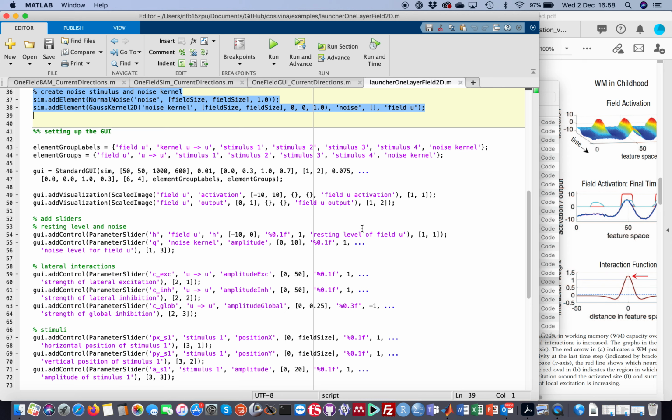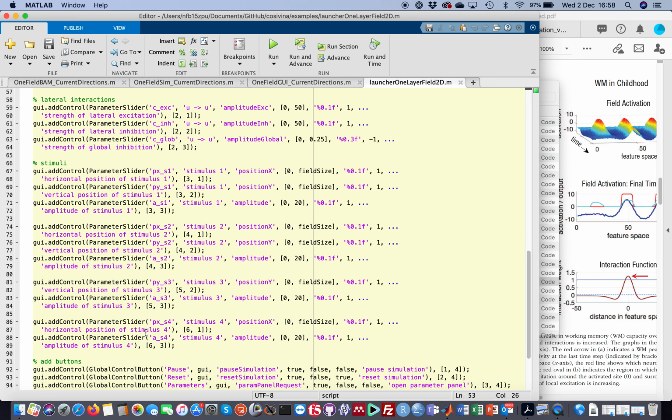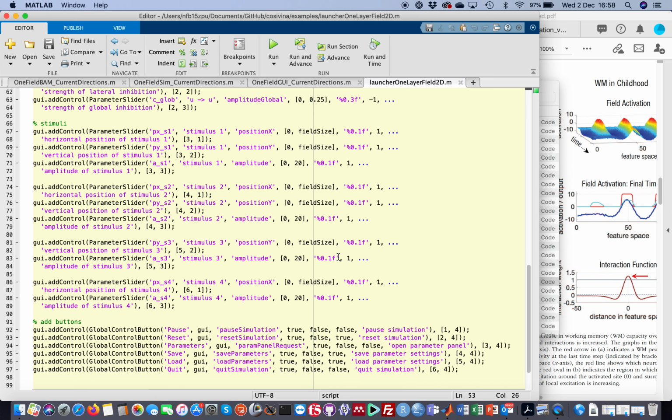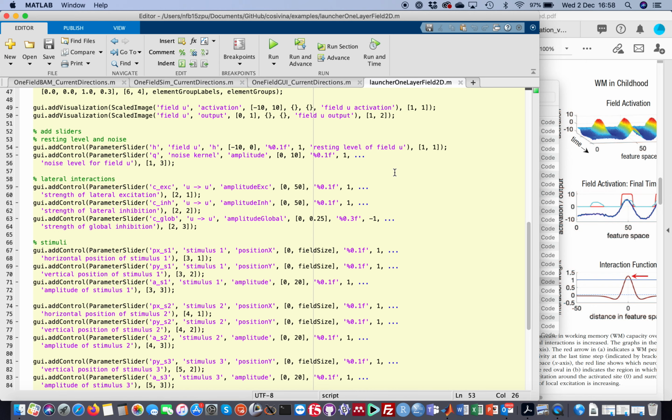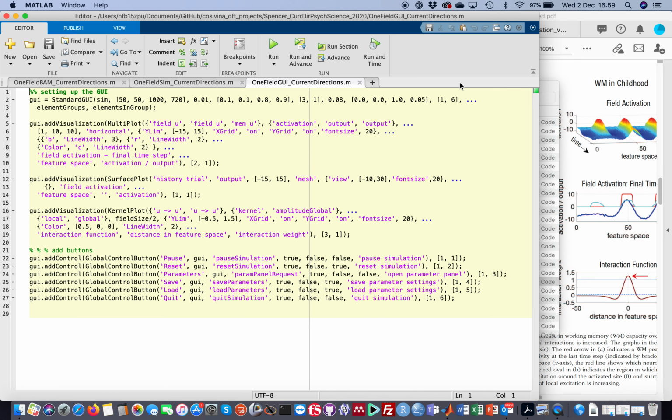And so you can pull up any of these launcher files, run them, and if they have a display like what you're looking for when you're building your own dynamic field model, you can look at the code used for the GUI portion of the simulator and copy that into your GUI file and essentially construct a nice display for your dynamic field model using other examples. The nice thing about that is you really don't have to create this code from scratch. We've kind of done that for you. So the way I built the GUI file for this 2020 current directions paper was literally by copying code from those launcher files and assembling it into a